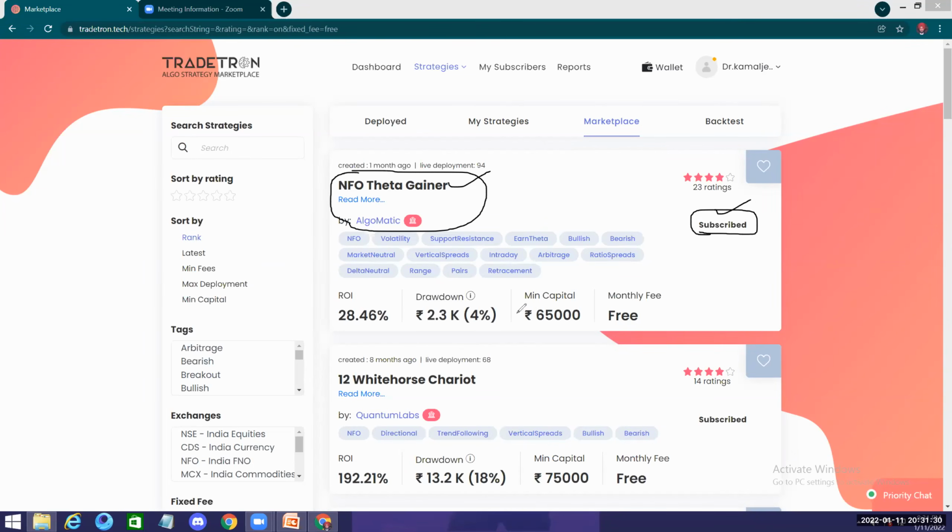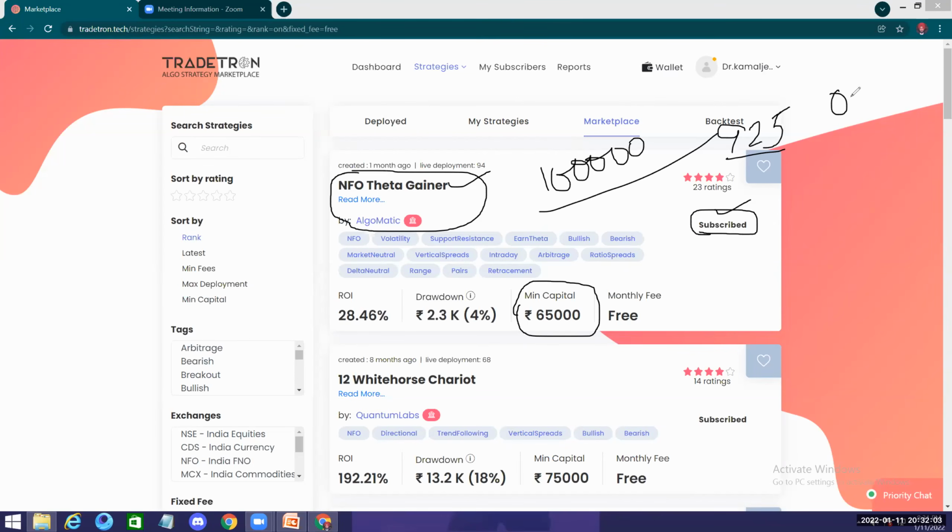And the capital required is 65,000. So I'd say 1 lakh rupees is the money required to deploy it. Ironfly, the butterfly strategy, doesn't take more than this. It's less than 1 lakh rupees margin because you are hedging it. And I made 925 rupees in 1 day. It's too small a time to judge.